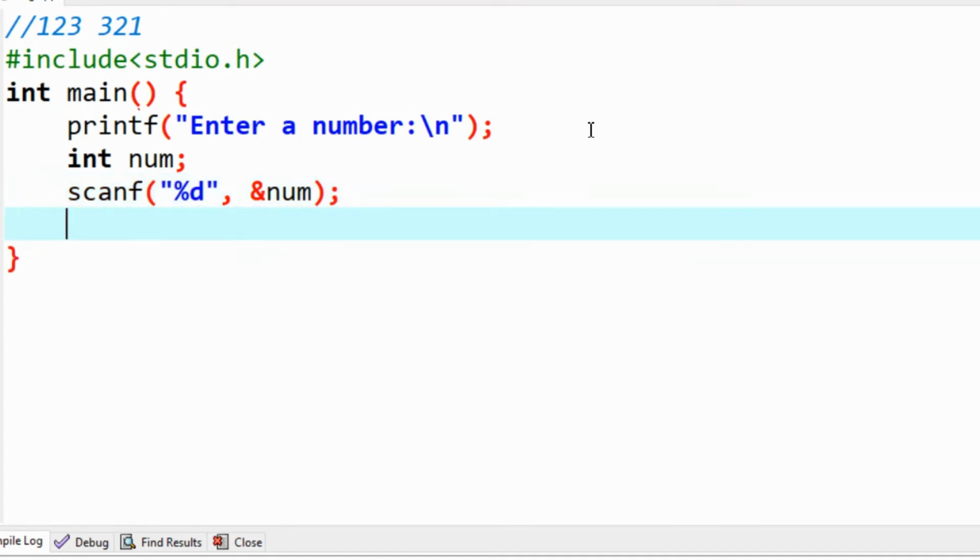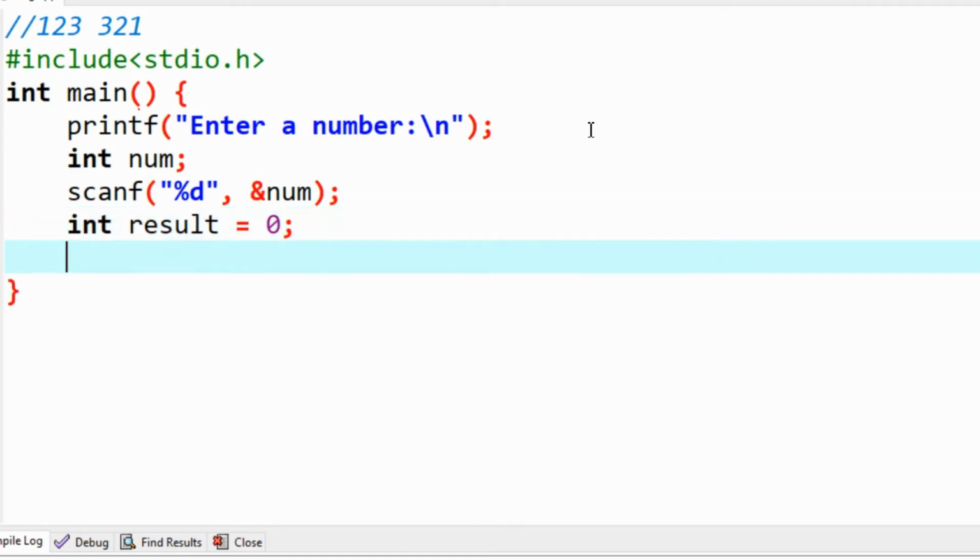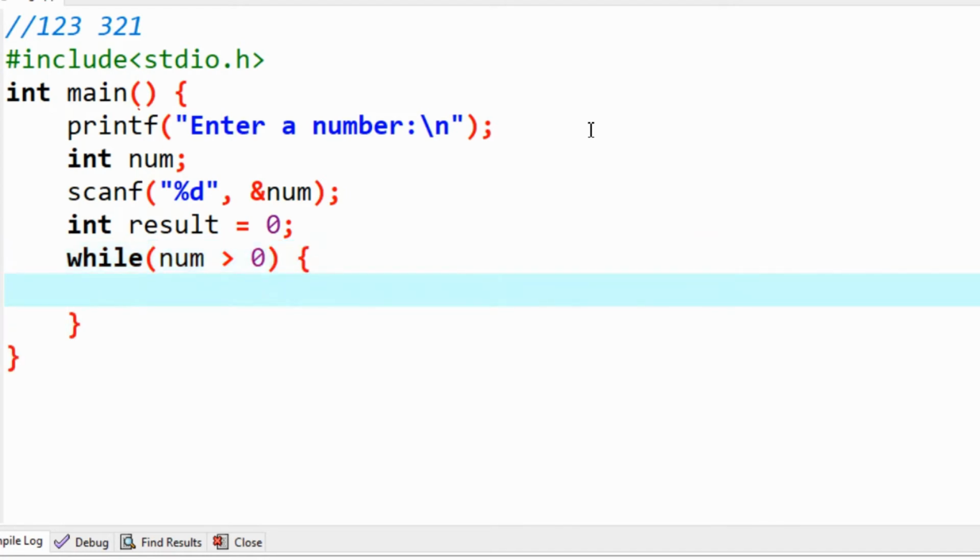After getting this, we will declare one result which will be 0 initially. Then while number is greater than 0, so that when it reaches the first element and after that we don't have a number, it will exit the loop.